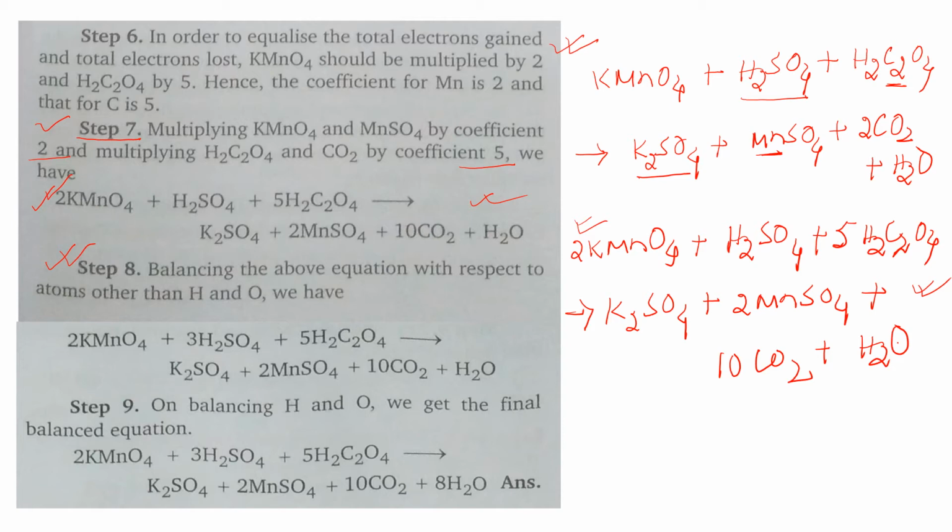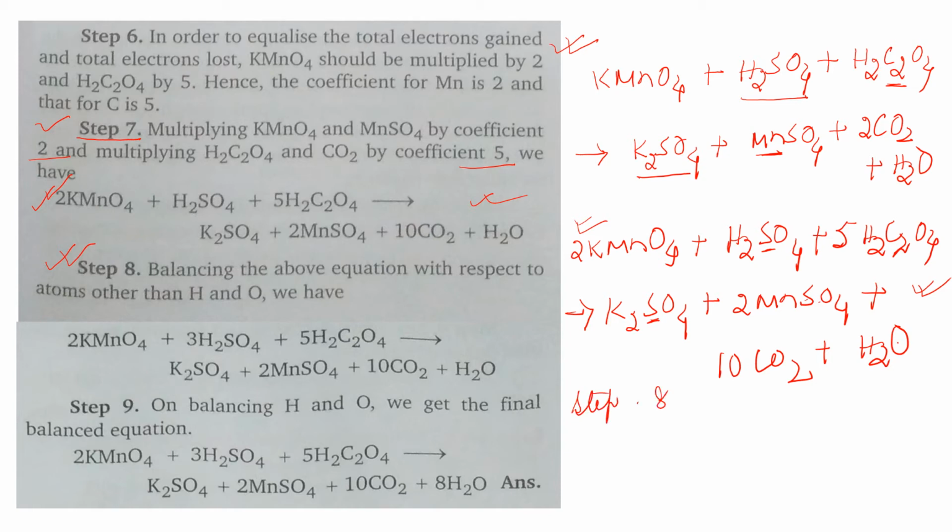I will not see for carbon, oxygen and hydrogen. See for carbon. Carbon here are 10, 5 2s are 10, and here also carbon are same. But see for sulfur, I think sulfur is a problem. Now in the left hand side sulfur is 1. In the right hand side sulfur is 1 and here 2, so it is 3. So that means this sulfur has to be multiplied by 3. So this is my step number 8.